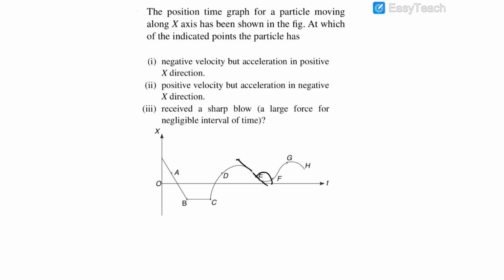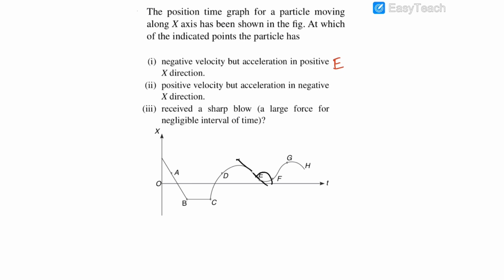We can say it directly, although we can see that this slope is having some finite magnitude at this point and it is decreasing, and at this point the slope becomes 0, which means that at point E velocity is in negative direction, but eventually after E it would become 0, which means that velocity is in negative direction at E, but it is decreasing in magnitude. So we can say that acceleration is in positive direction. So the correct answer of first is E, and anywhere else it is not happening that velocity is negative and